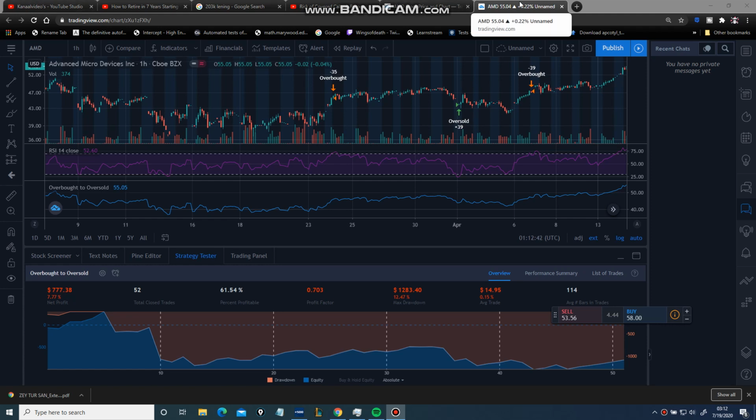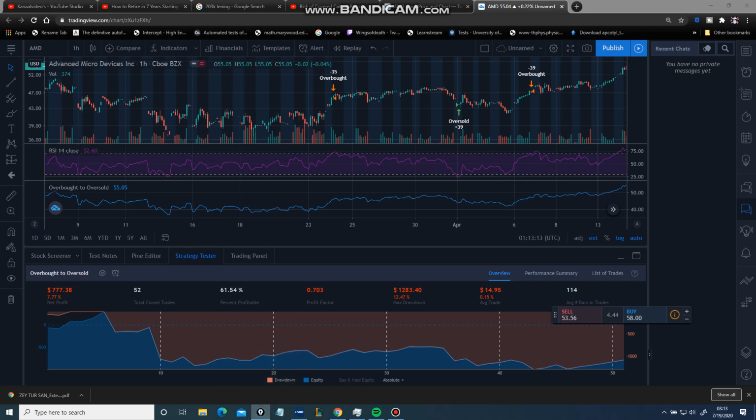Alright, I wanted to discuss some properties of RSI and how to trade with it, potentially. I don't want to lay out one strategy, I just want to give you some building blocks to work with. First off, if you want to trade overbought to oversold, there are certain situations in which that is profitable. And that is when a stock is strongly ranging with clean moves to the up and down side.